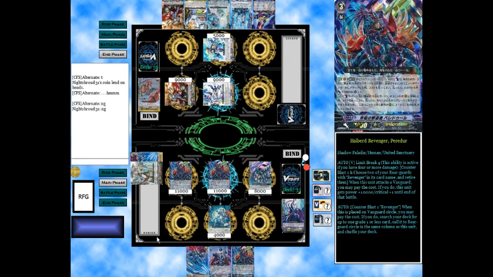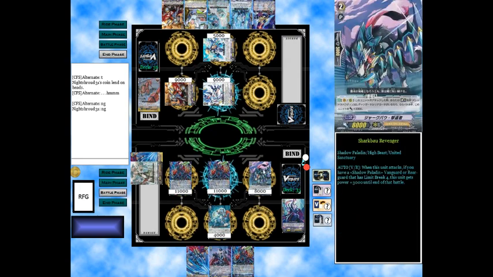But the good thing was that Shark actually got his effect, since I had Peridot on Vanguard Circle, and Peridot is a limit break. Obviously, he got the plus 3,000 power, which I used to actually